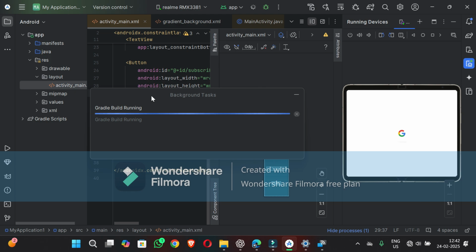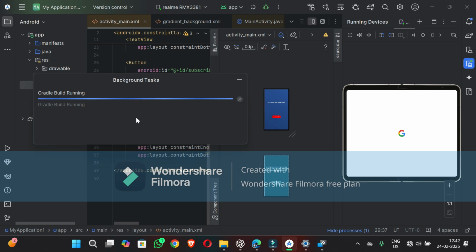Based on your system performance, it will take time to build an APK. Okay, so based on this,